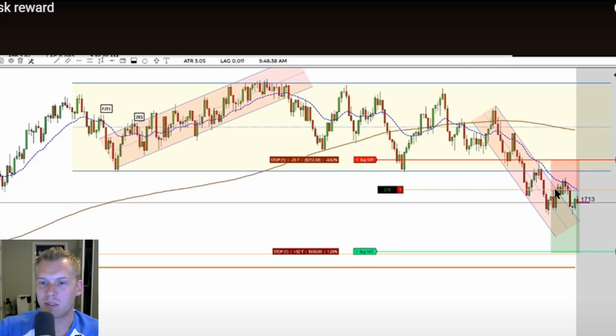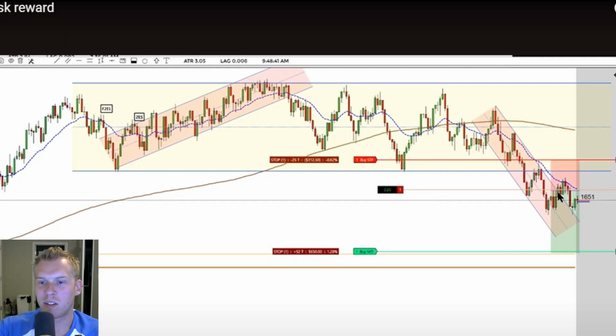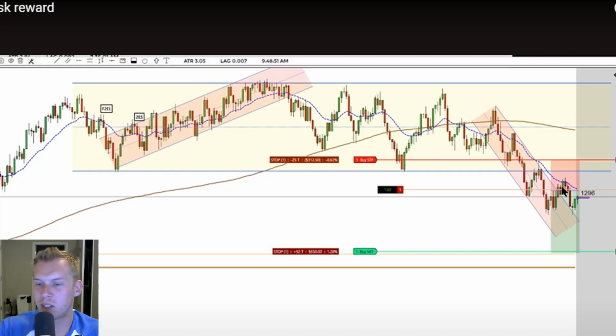So what he's doing, you can see he has his channel drawn in, and then the first breakout of this channel should at least test down to the low. Oftentimes, when you see this breakout of the channel like this, it'll pull back and then break down below that. So that's what he's betting on here.